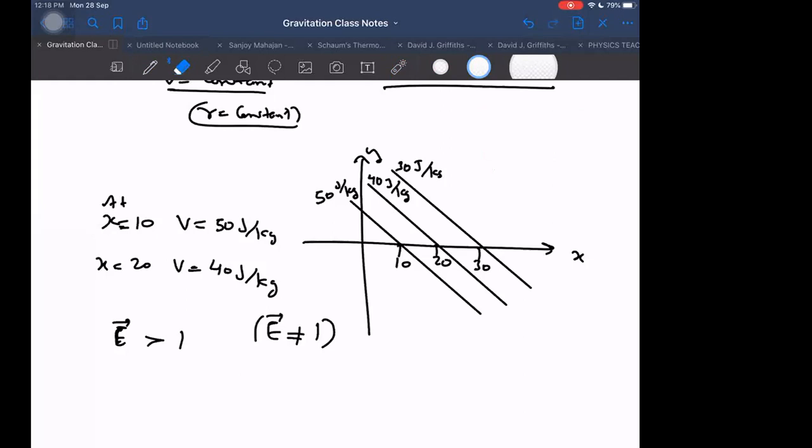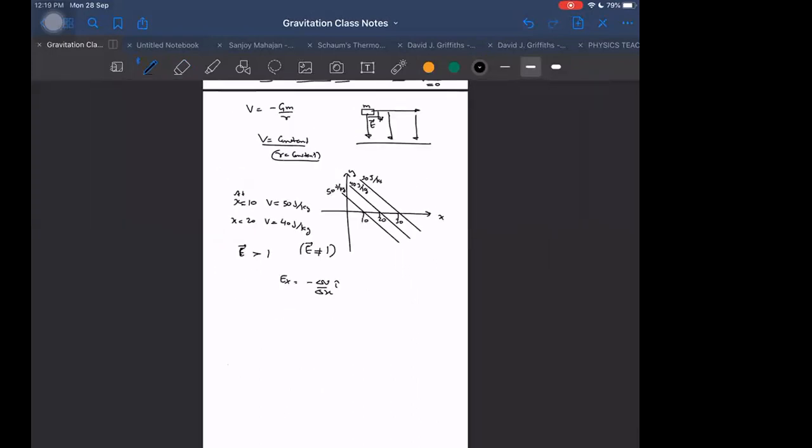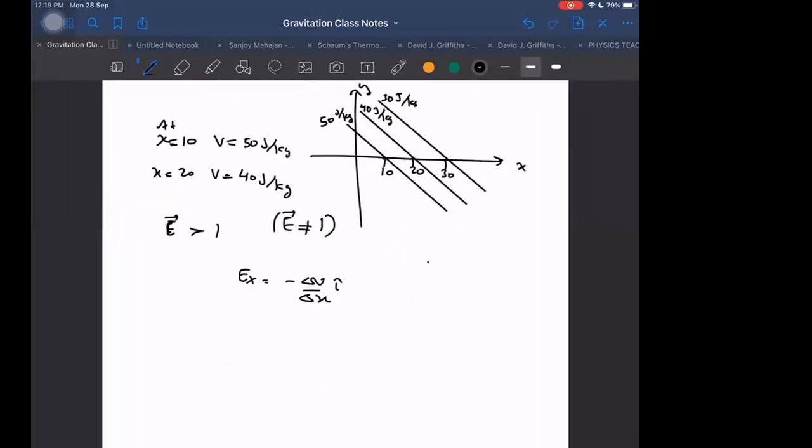Right. So why is it wrong and what went wrong there? E is greater than 1 was our formula. The formula was this: Ex is equal to minus of del V by del X, I cap. Is it always valid? Not always valid, sir. The actual formula is minus dV by dx, del V by del X. But it can be written in this way when E is constant.